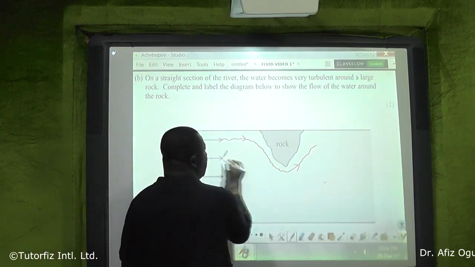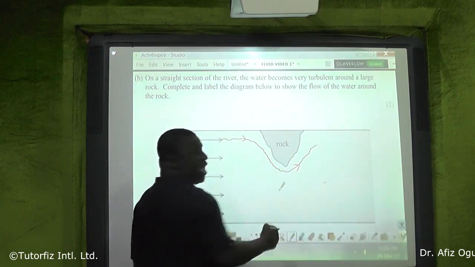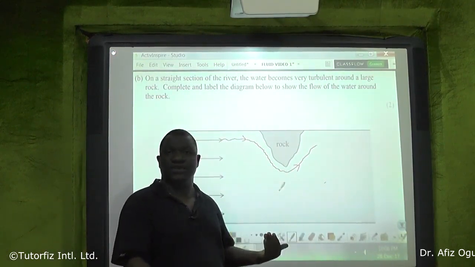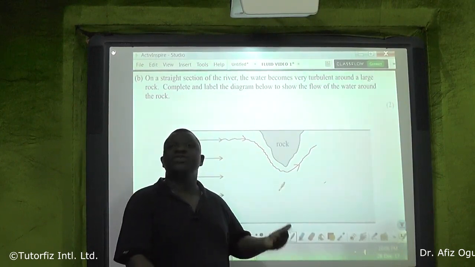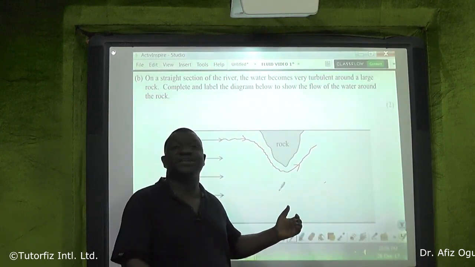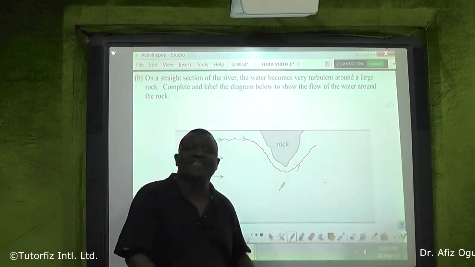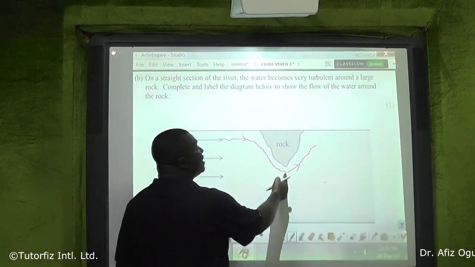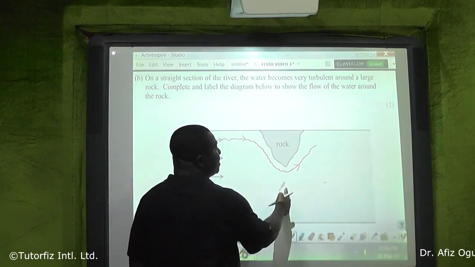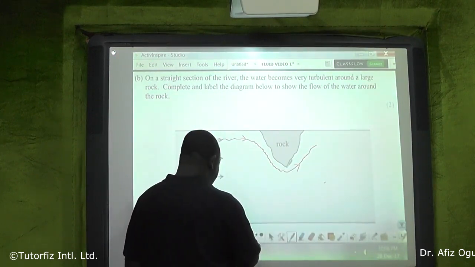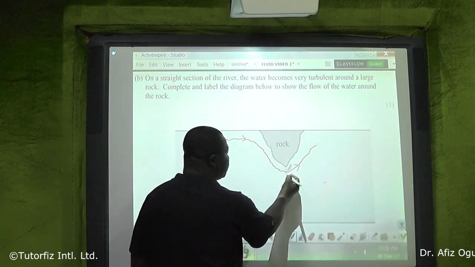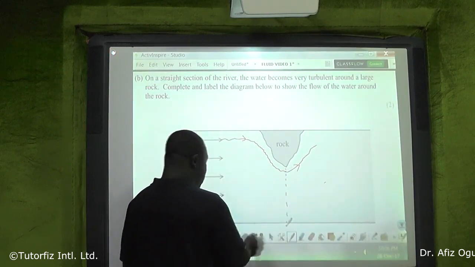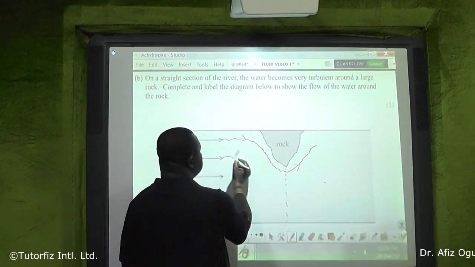Same thing this. And don't forget there's a sharp angle here. Once you pass a sharp angle, I told you when I was teaching you the flow of liquid, what you see after the sharp angle is turbulence, mixing of layers. So don't allow the layers to mix before the sharp angle. The point where you have the sharp angle is right here at the middle. So after that sharp angle, try